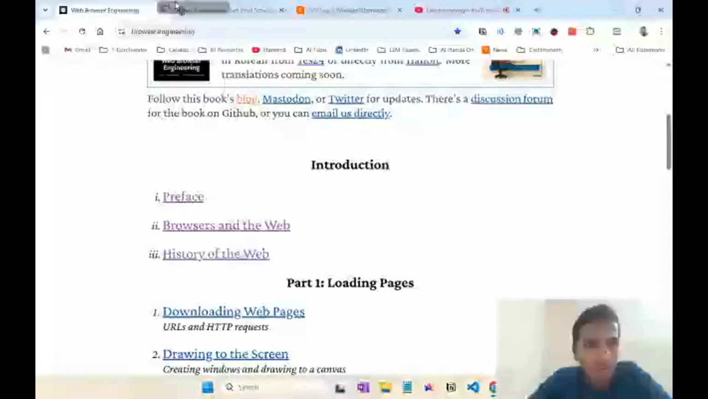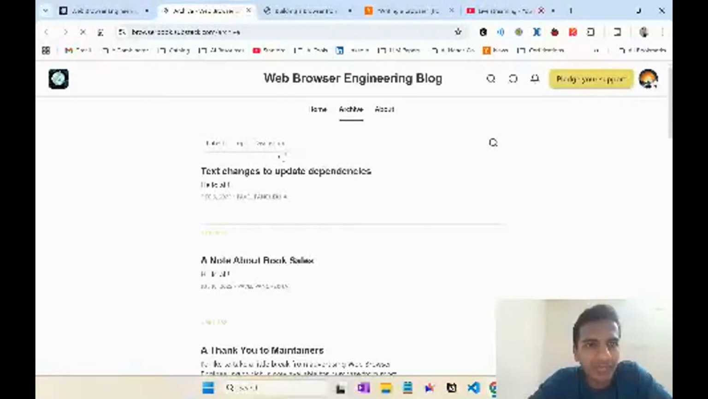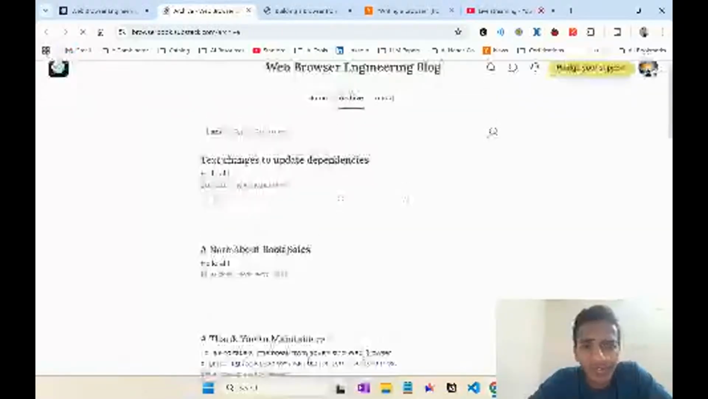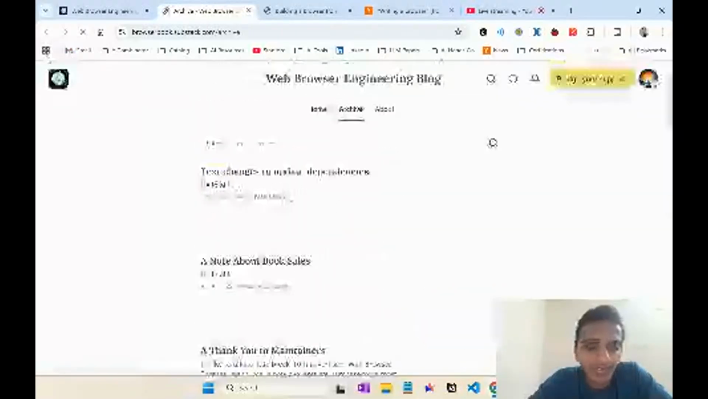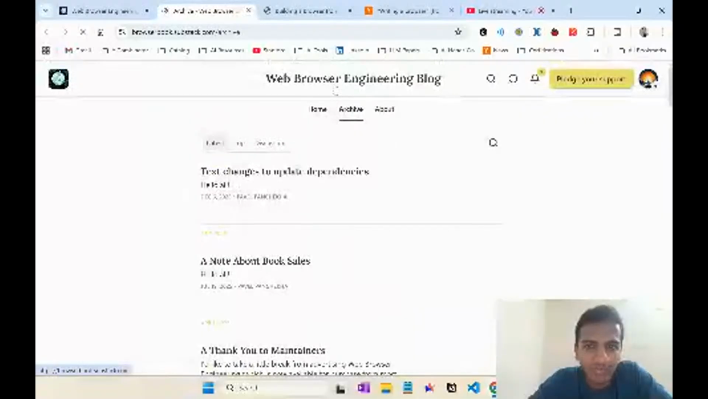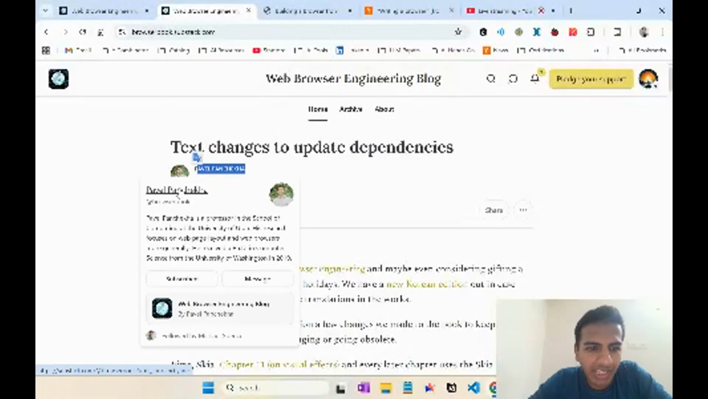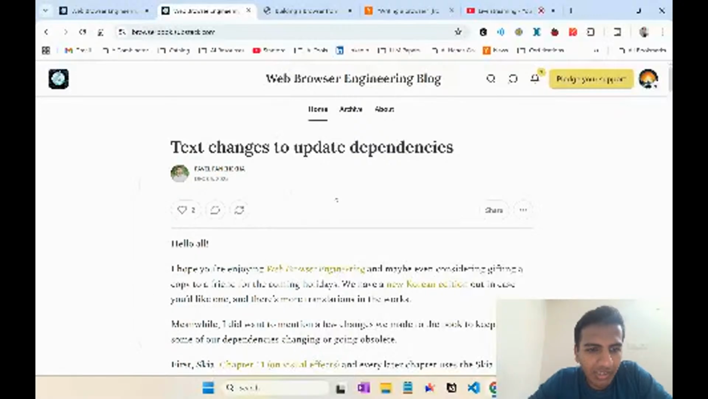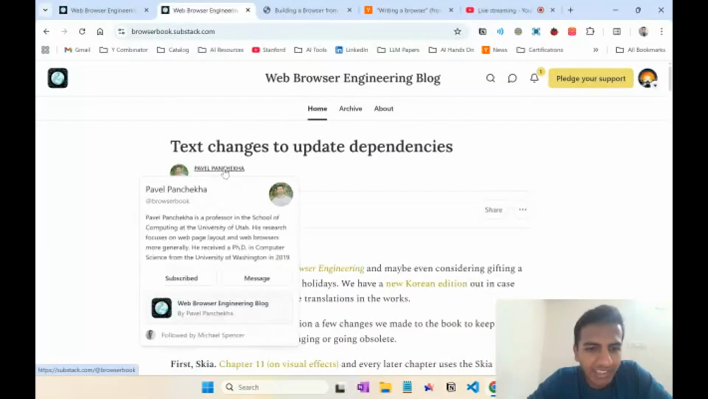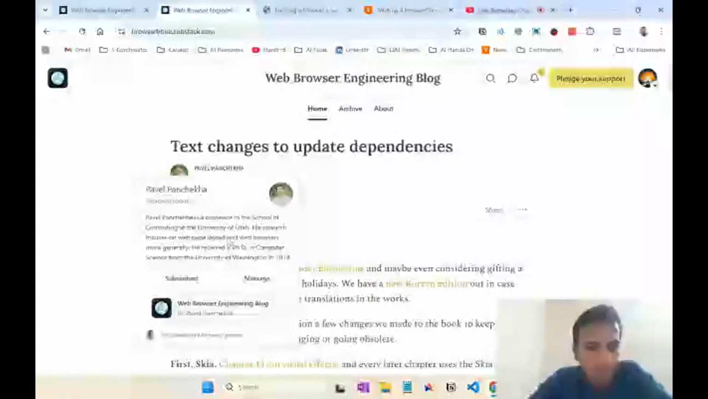Like something else, the WhatsApp print blog and all. Oh, okay, so you mean you are having a Substack channel? Oh, so this is the guy who has been writing, Pavel Panchekha, the browser. Oh, he's a professor. Okay, that's why I liked it. His research focuses on web page layout, web browsers more generally. He received a PhD in computer science from